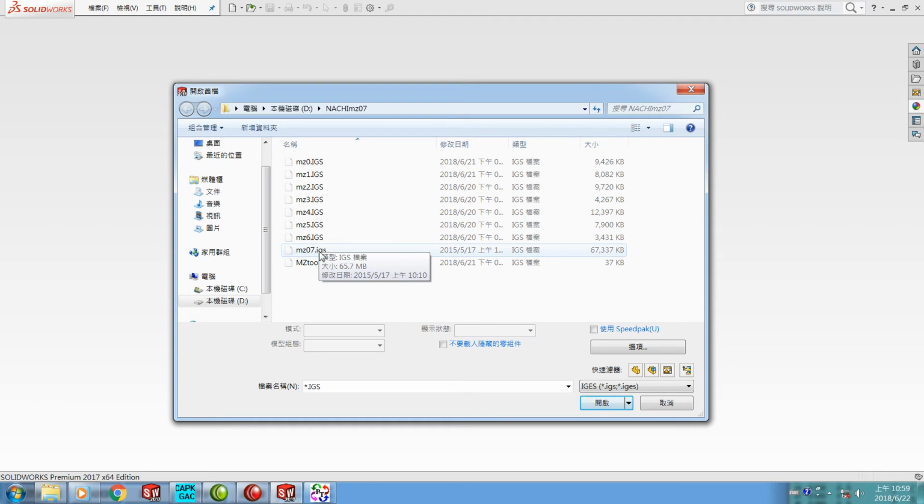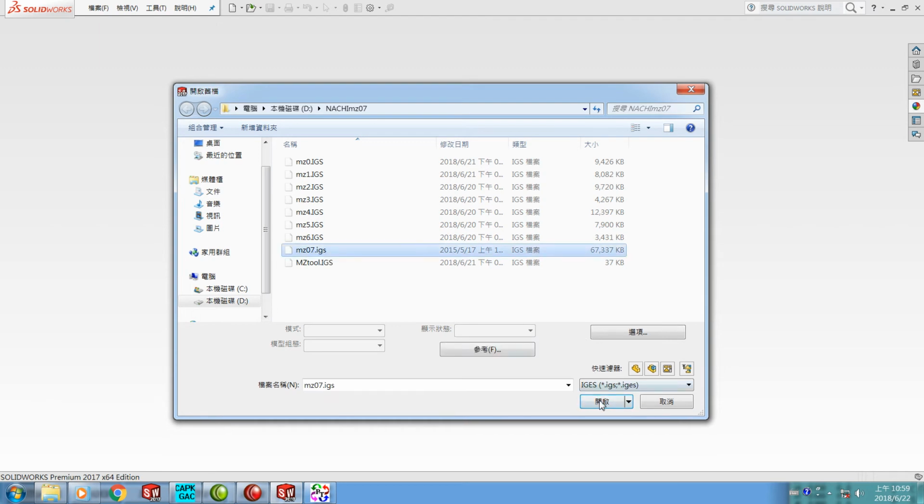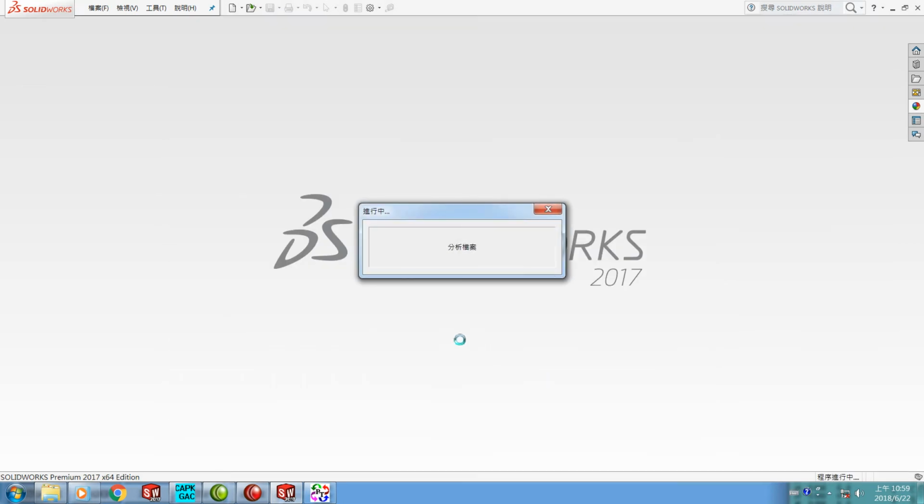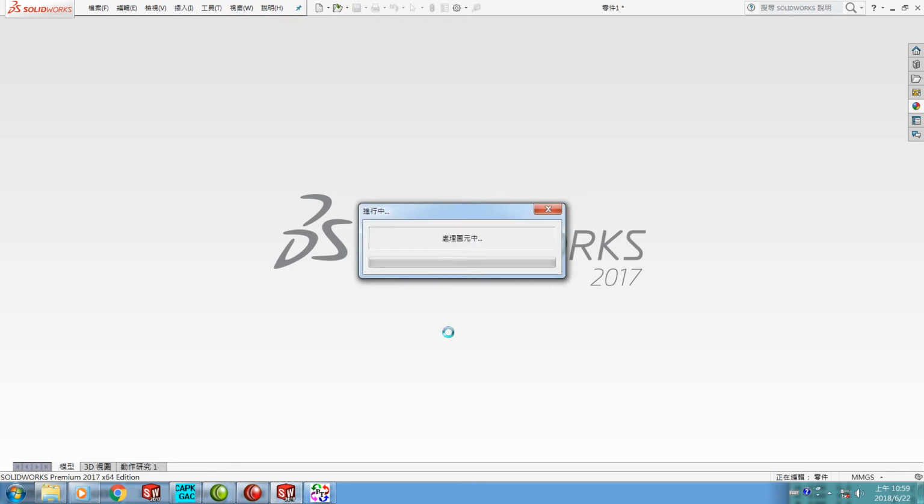Okay, MZ07.IGS is the original given file when we opened it by SolidWorks. The system translates the data from IGS into the local code. After translations, the geometry model will display on the screen. Then we save the whole